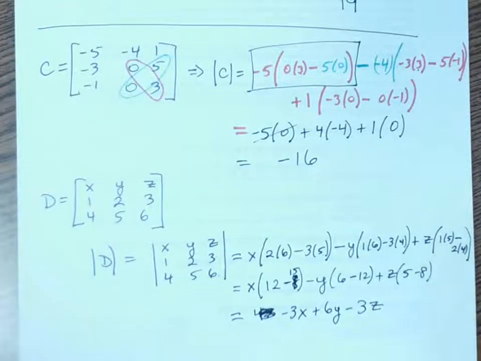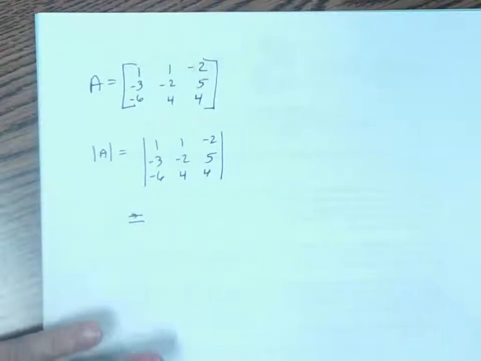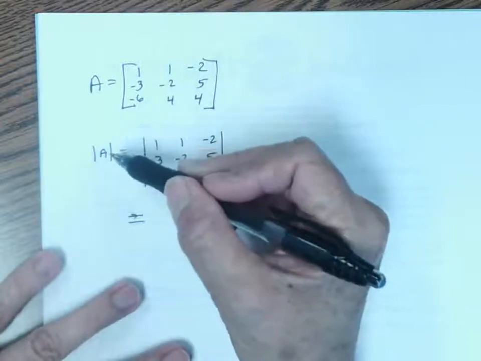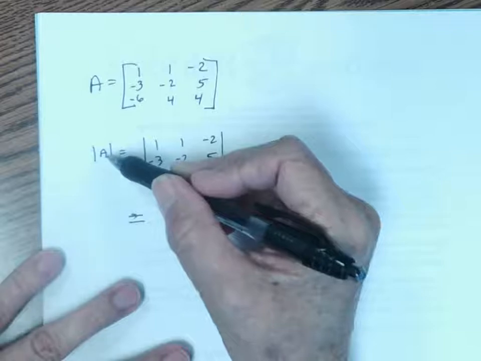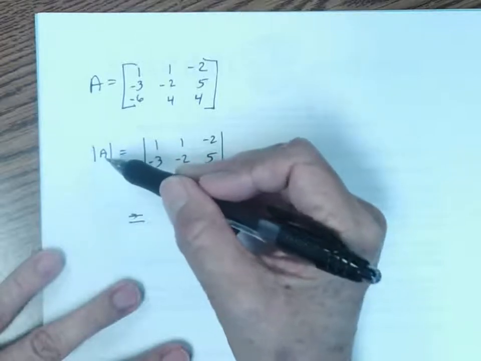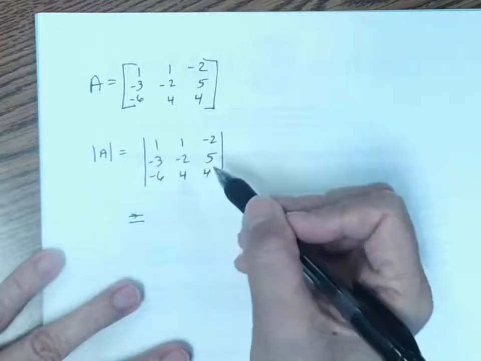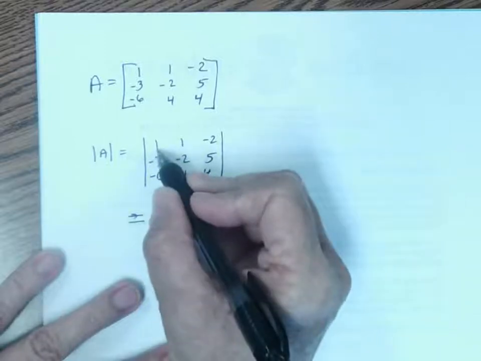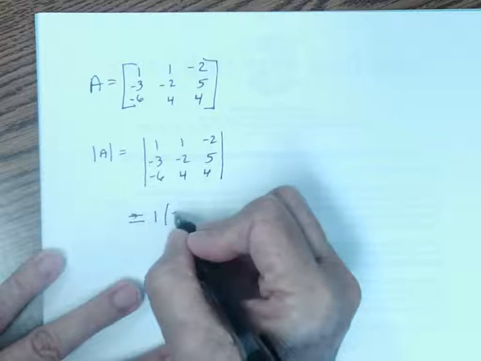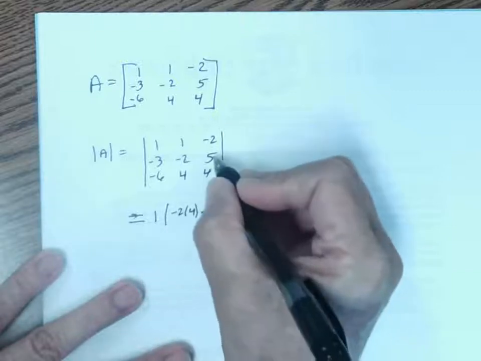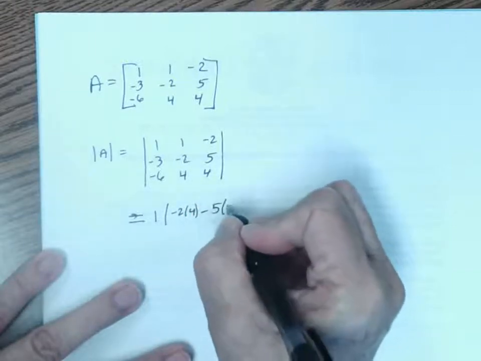So let's try one more together, and then you are going to have some practice problems. Okay, so we've got a new matrix, matrix A, and I want to find the determinant. Again, that looks like the absolute value bars with the capital letter inside. That means determinant of this matrix. So we start with the value at the top left, 1 times negative 2 times 4 minus 5 times 4